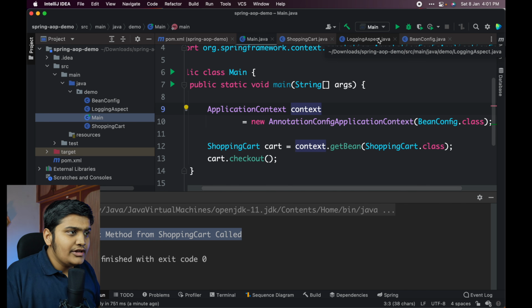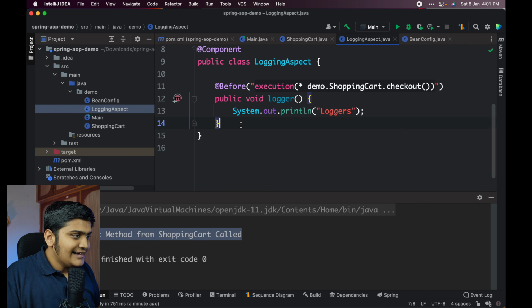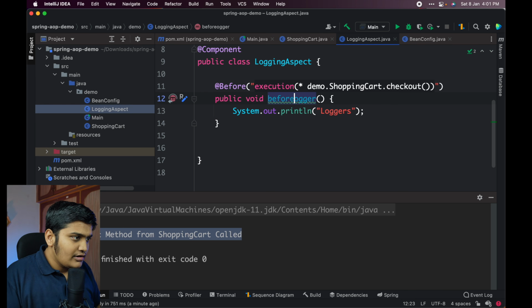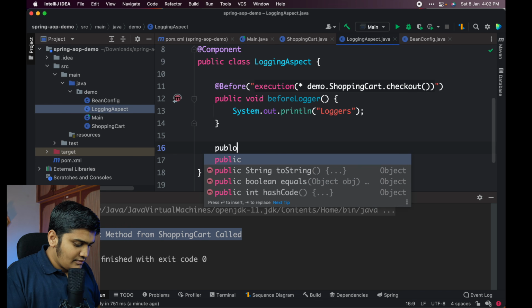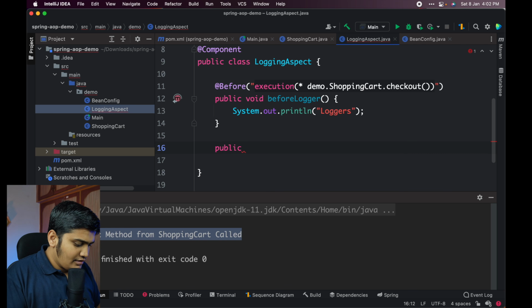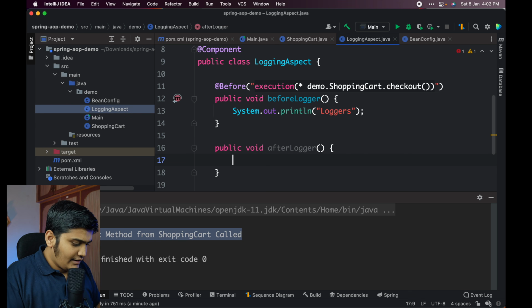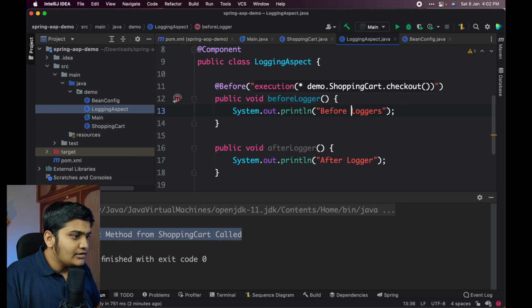So let me go to the logging aspect again, and let's create one for after as well. I'll name this one before logger, and let's create one more: public void after logger, and I'll just say sysout after logger, and I'll say before logger in the other one just to separate it out.